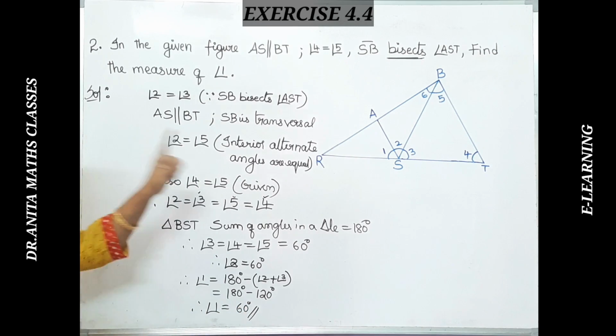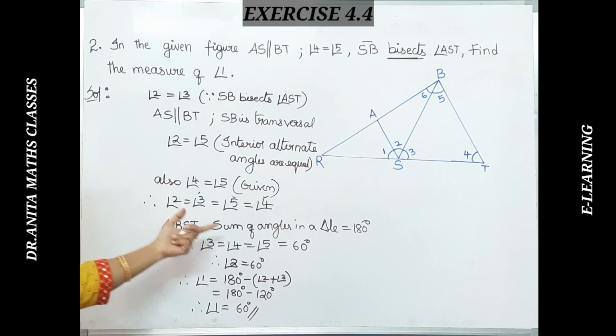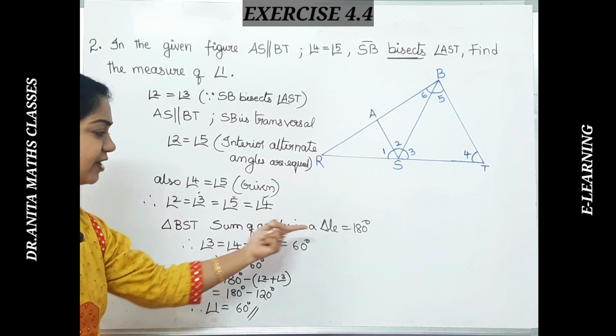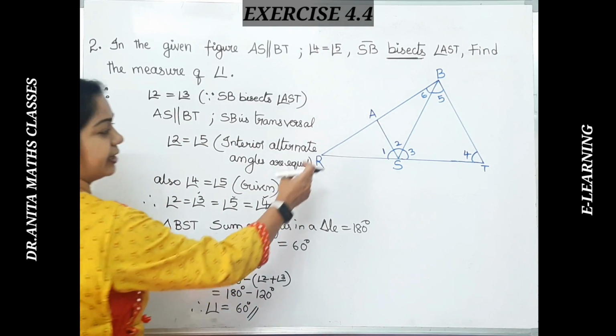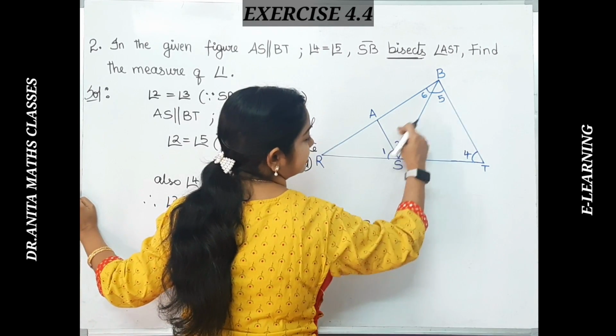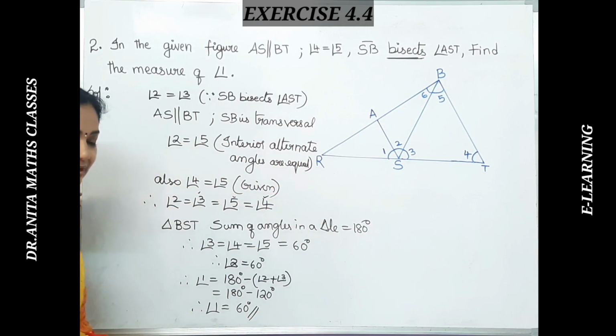So here nowhere the measure is given. From the angle sum property, that is, the sum of angles is 180, we got that. And from the condition of the parallel lines and interior alternate angles, we got that these are all equal angles, right? So please pause the video and note it down.